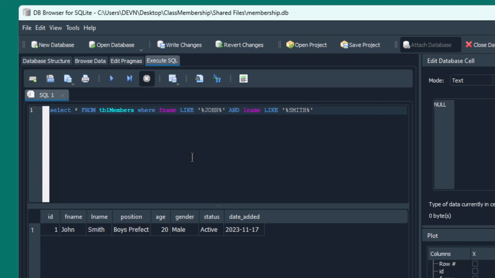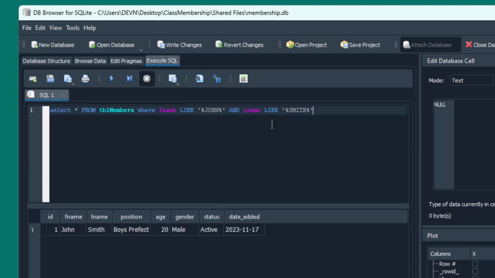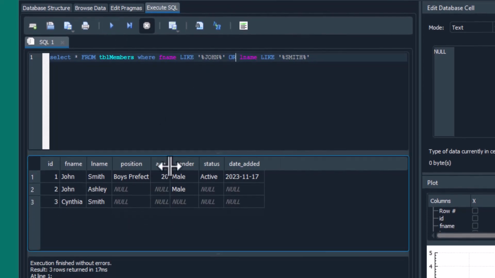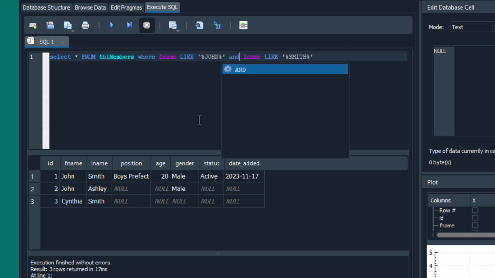We see we have Smith, which is Cynthia, but because the first name is not John, that's why Cynthia is not here. But if you use "or" here, it means it will bring either all the Cynthias, all the Johns, and also include all the Smith. Even though John is not Smith, it brought it, and Cynthia, who is not John, is also part of our query. I think we'll go with the "and", so our query will be a bit smoother.